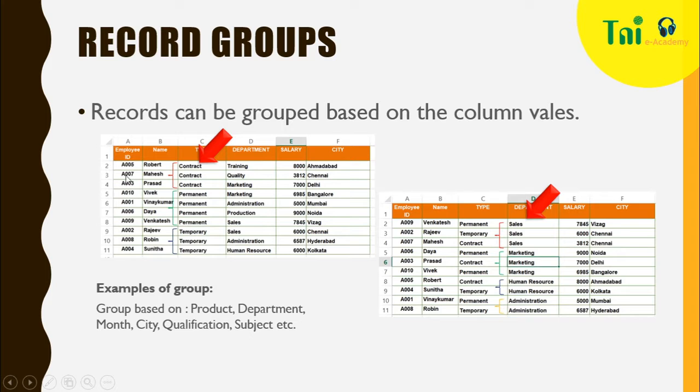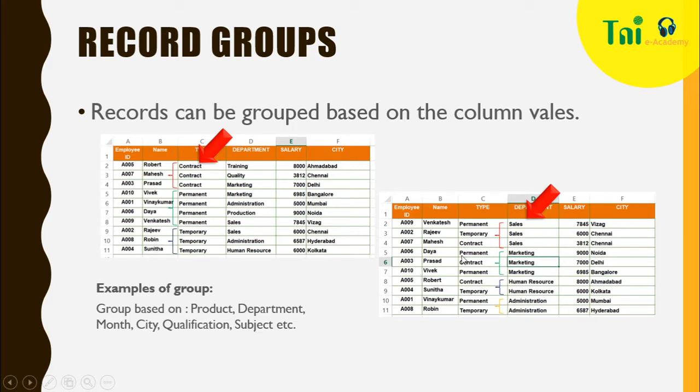Say, for example, A006, A007 and A003 belong to the group contract employees. Similarly, there are 4 records which belong to permanent and another 3 records which belong to temporary employees. That means we can group the records based on the column values in a table.